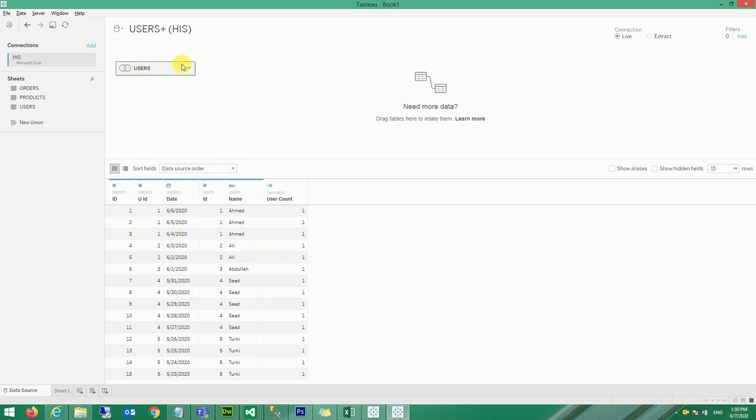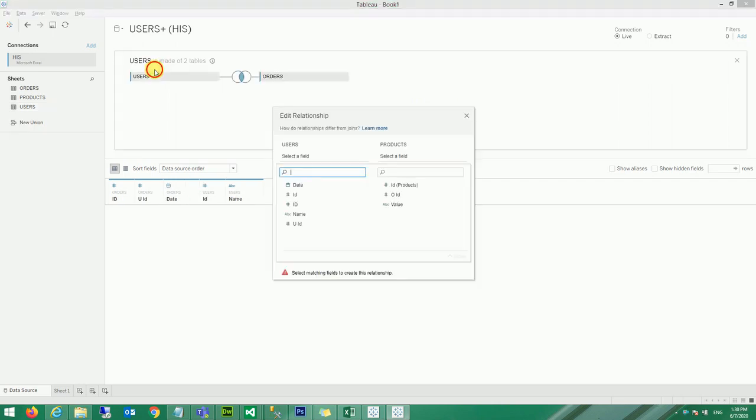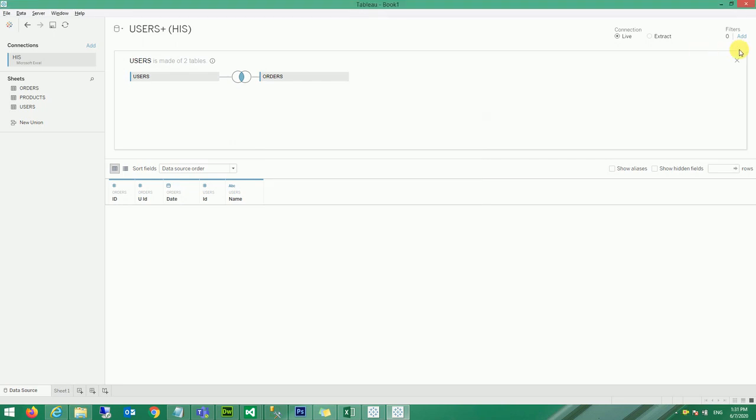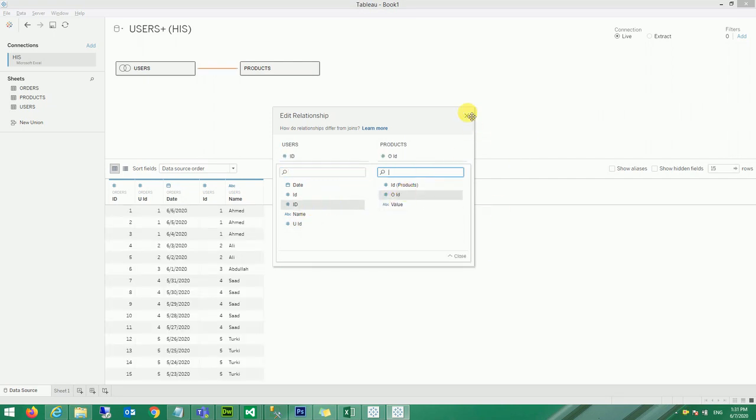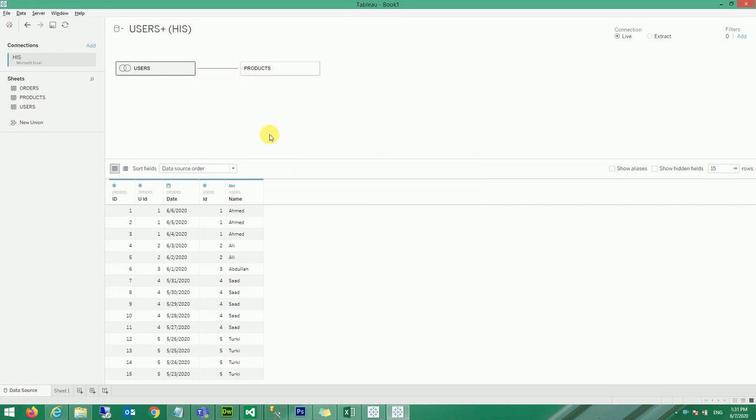And now you can see that one. With that you can join the third table, third relationship, or you can even double click on it and inside you can define it. It's up to you how you want to join it. Now here we can join this. This is the pop-up of the relationship. You can join this with the order ID, with the order ID, and you see this is how relationship works.